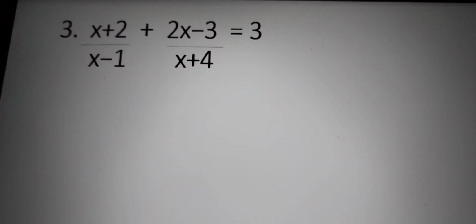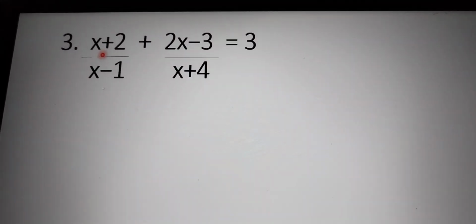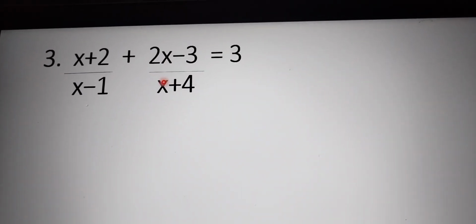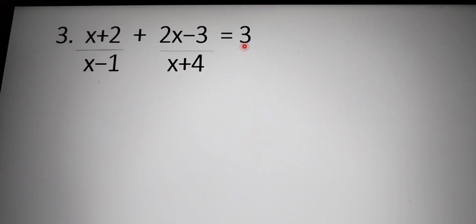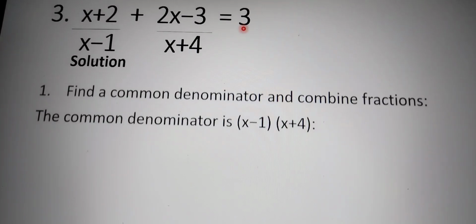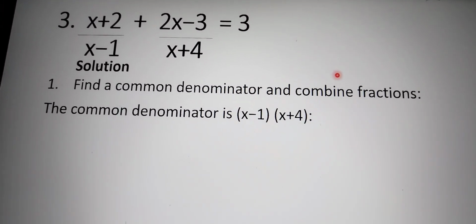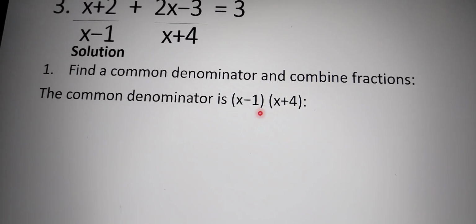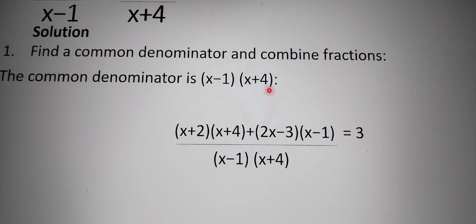So our third question states, right, (x plus 2) over (x minus 1) plus (2x minus 3) over (x plus 4) is equal to 3. So this is our third question. So to solve it, we're going to have a solution. First step is to find the common denominator and combine the fractions. The common denominators are (x minus 1) and (x plus 4), so we're going to write it in this form,